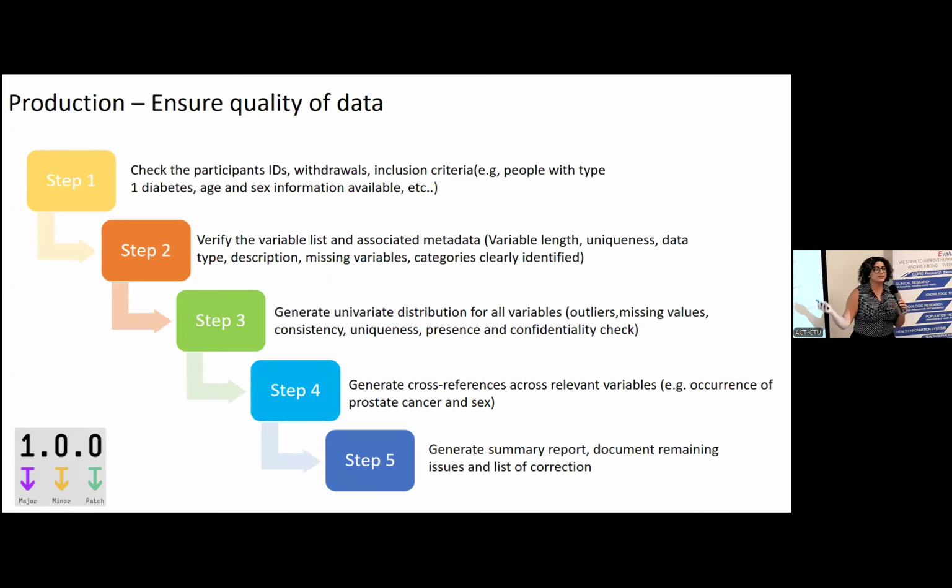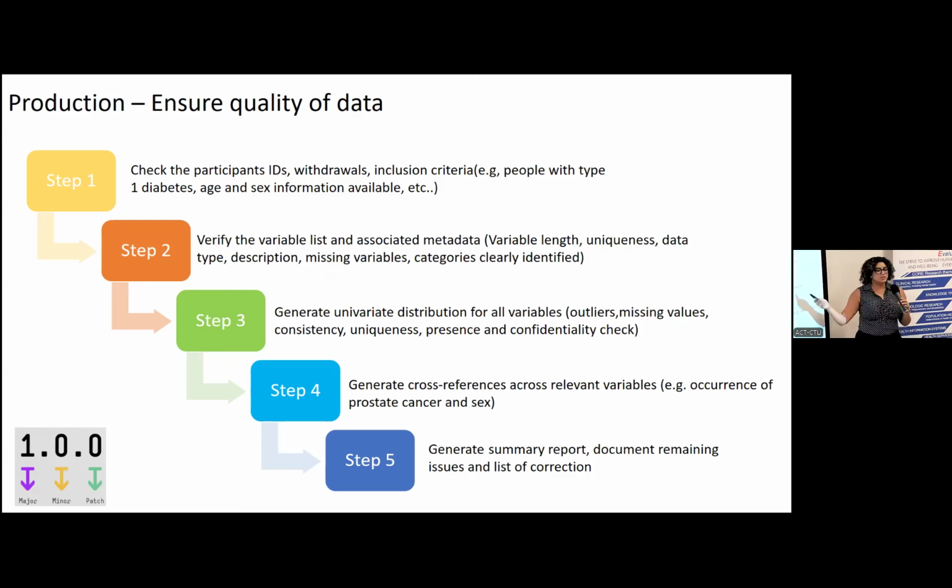So these are the steps that need to be followed to ensure quality of the data at every release. You validate the list of your participants: have any requested to be withdrawn from the study? Was there any loss of follow-up? And the list of variables, because again, the variables in your data collection tool are not necessarily the final list of variables that we're expecting in the database that's used for analyses.